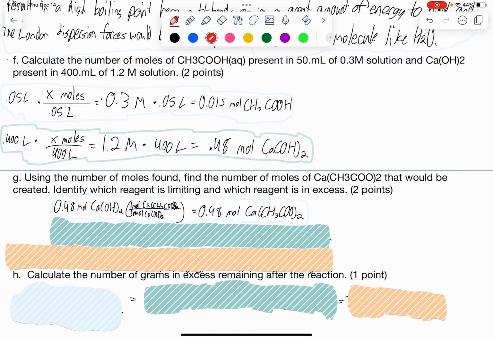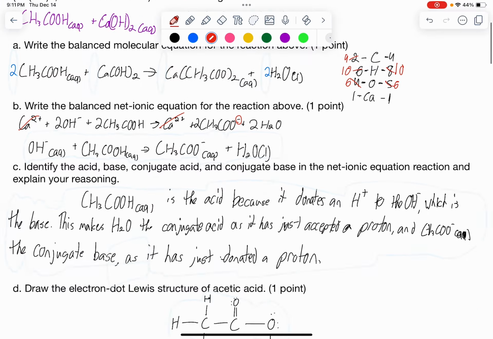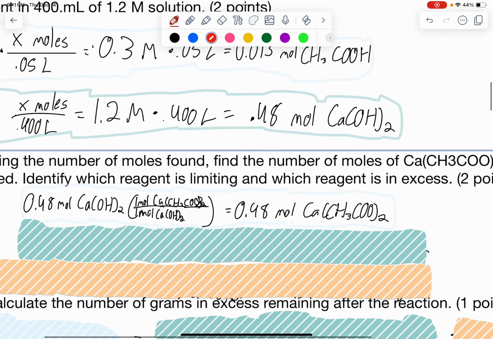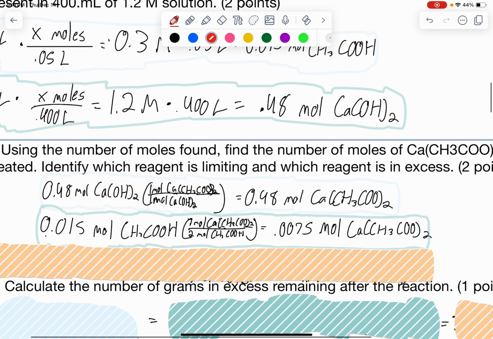It doesn't matter what order; I did the calcium hydroxide first. You would basically use the mole ratios that we saw here in the balanced reaction. So in the balanced reaction, we have 1 mole of calcium hydroxide to 1 mole of Ca(CH3COO)2. And so we're just going to stick with 0.48 moles of your product. And then similar story for the acetic acid, except this time because there's 2 moles of acetic acid for every 1 mole of your product,